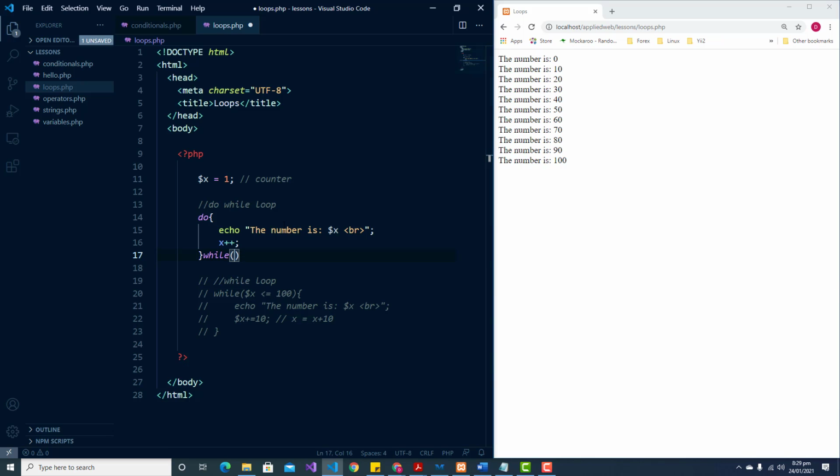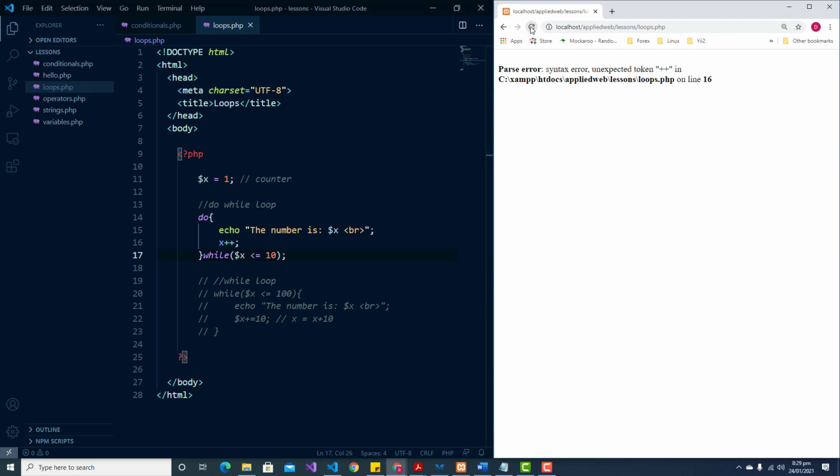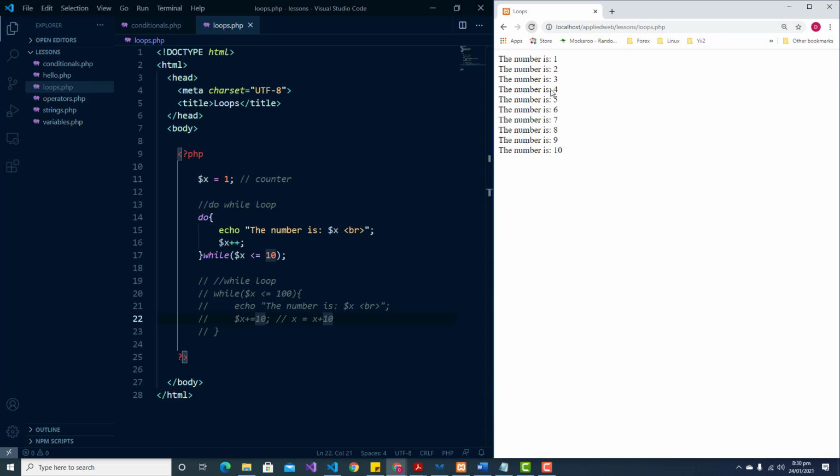All right, so in this situation, we want to say while x is less than or equal to 10. And let's end with our semicolon. So let us save this and run it. And we have a syntax error in line 16. Oh, we need to ensure we have our $. So refresh, and we can see here now the number is 1 and it counts all the way through